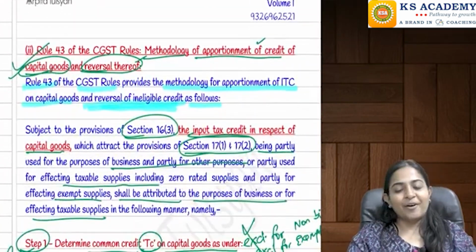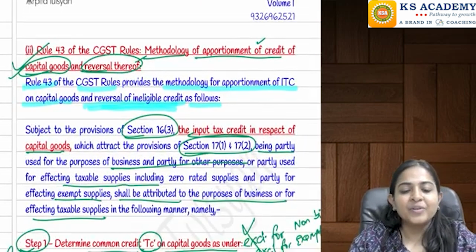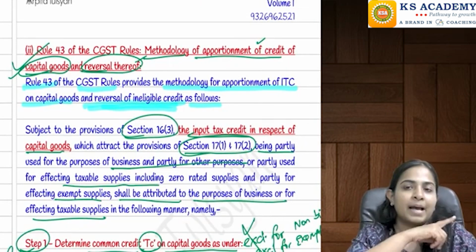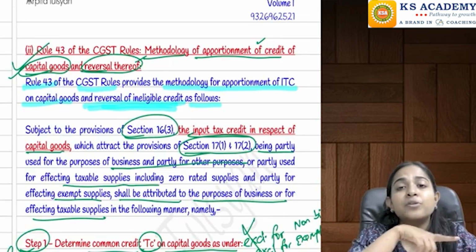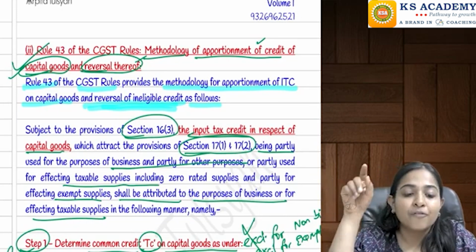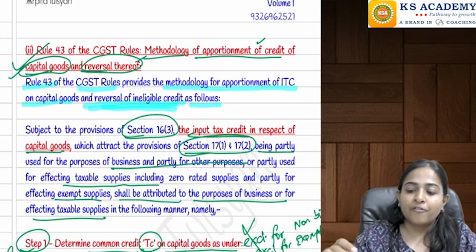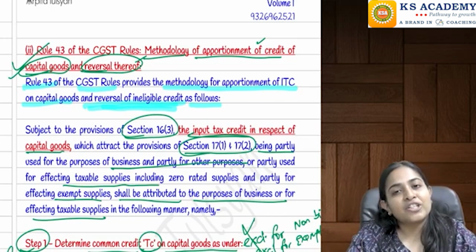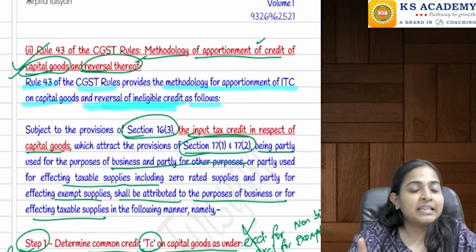Okay, let's go to the next rule. Last rule here, rule number 43. Now listen, rule number 42 was applicable for reversal in case of inputs and services, input on goods and services. Rule number 43 is applicable for capital goods. First of all, this entire rule is subject to section 16(3). What was section 16(3)? Section 16(3) said that